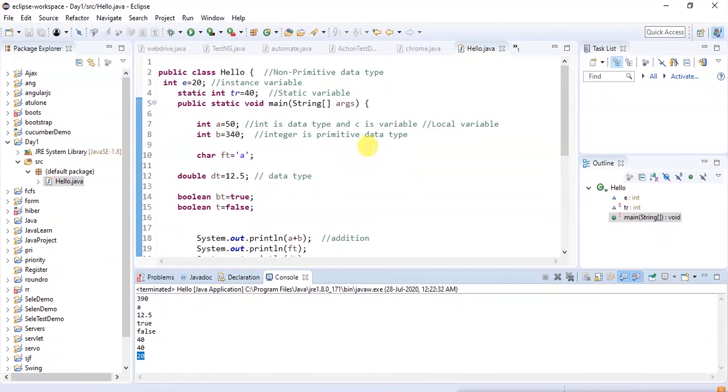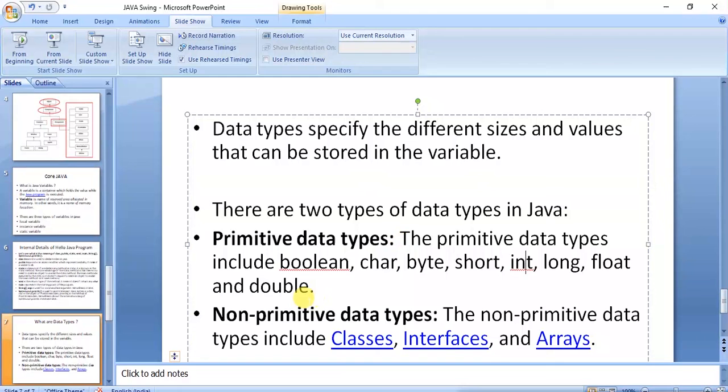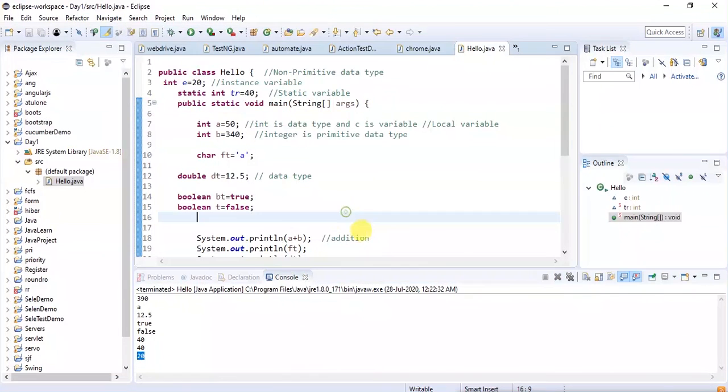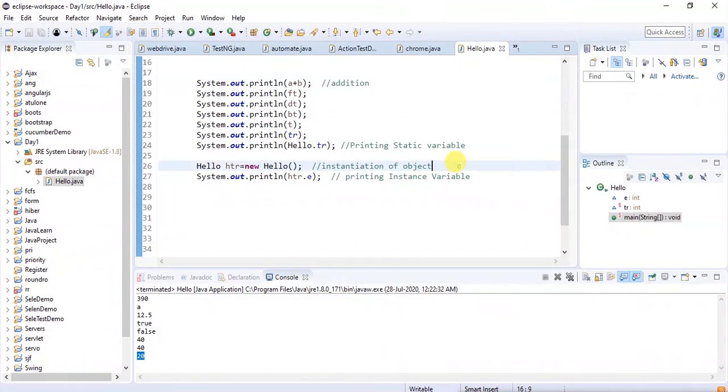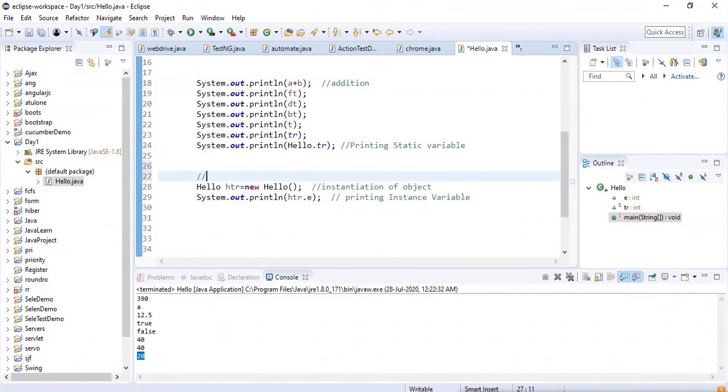So today we saw non-primitive data types and primitive data types. This is the non-primitive data type, because we are creating an object to print the variable.